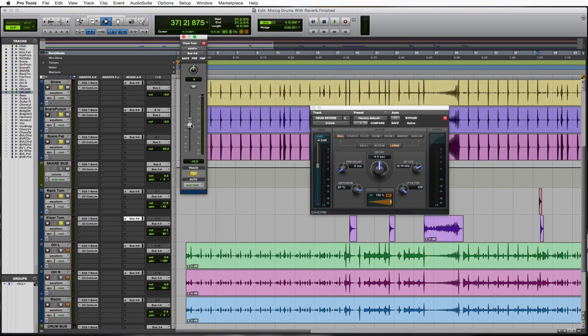And these are all judgment calls I'm making. I'm just making them from experience. I like to have a little bit more on my snare than I do on my toms. If it sounds great on your toms, go ahead. Keep it a little bit hotter. Great. Let's hear what my overheads are looking